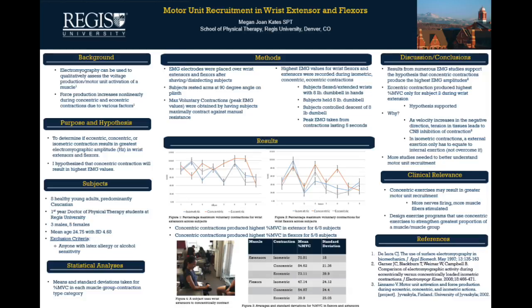We used an 8-pound dumbbell and had subjects contract over a duration of 5 seconds, during which the electrodes and computer stored peak EMG values. After, an outside source calculated the means and standard deviations of percent MVC for each muscle group for each type